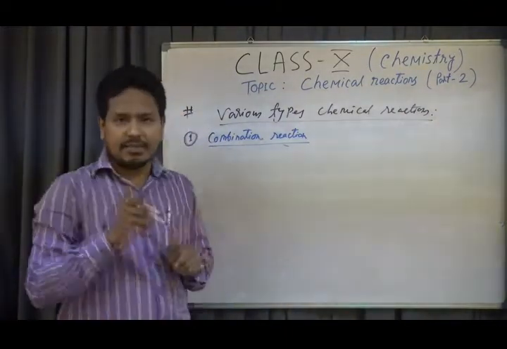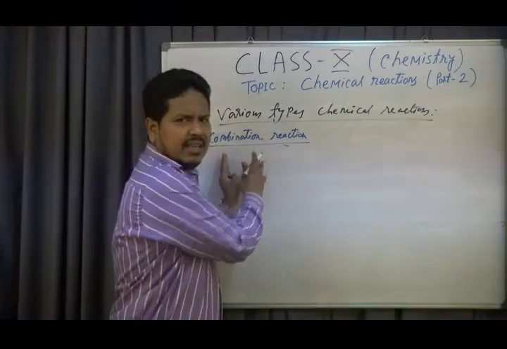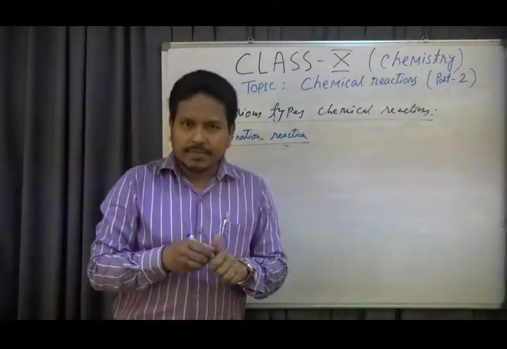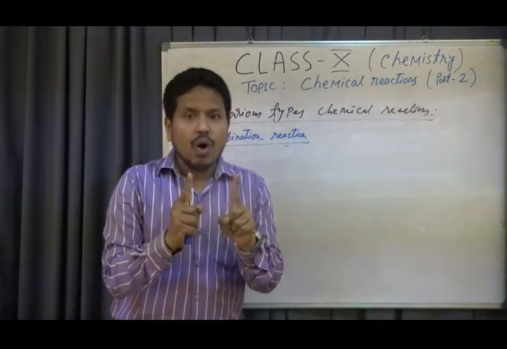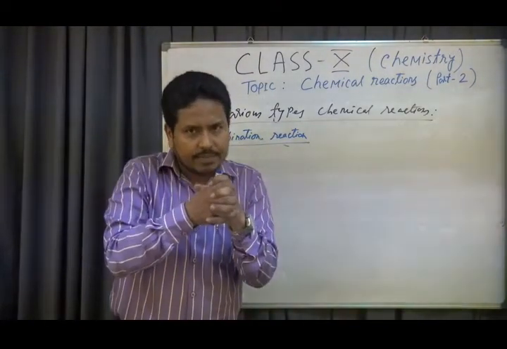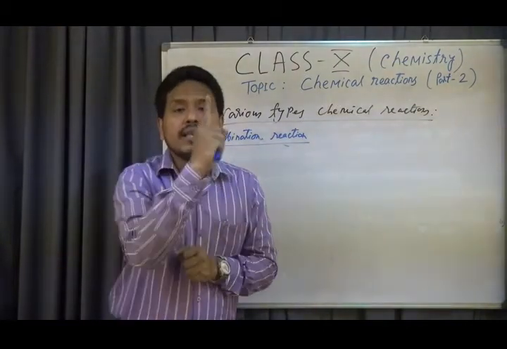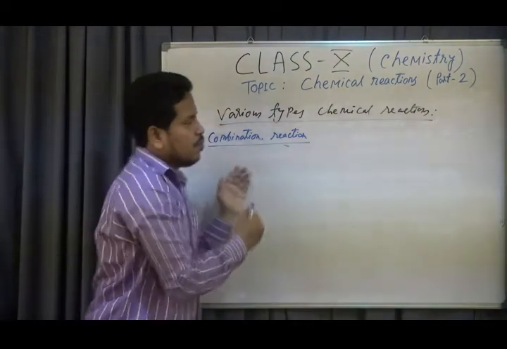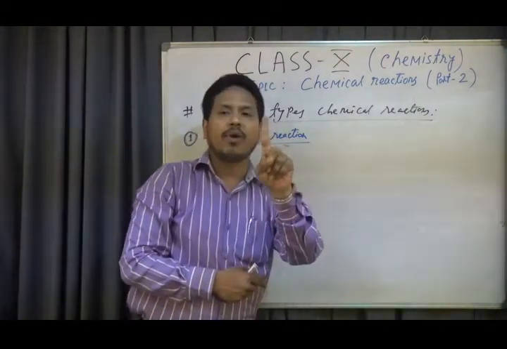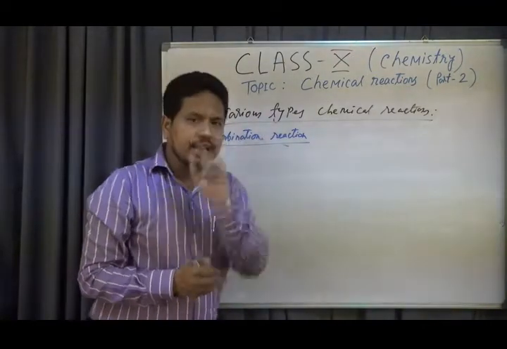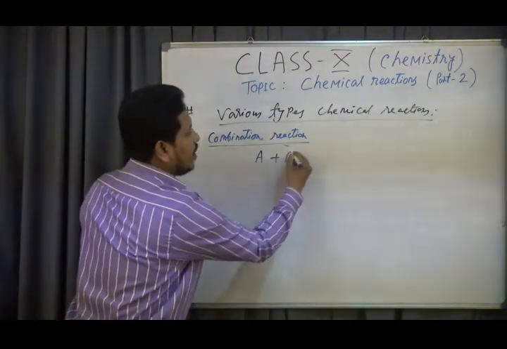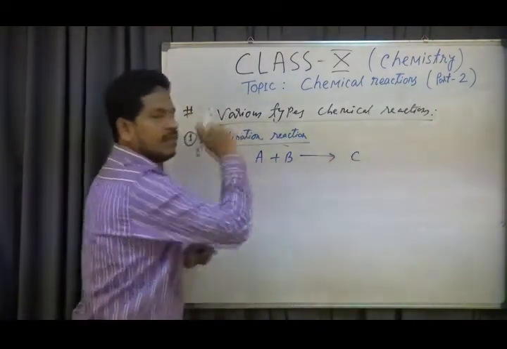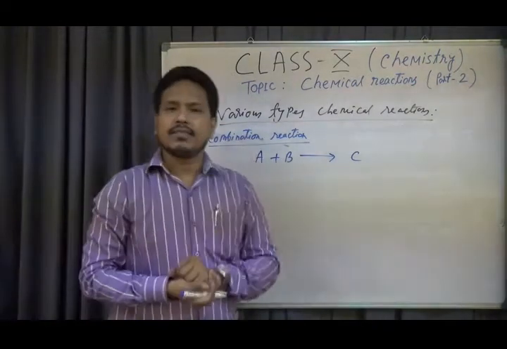What are combination reactions, my dear students? I am not writing the definition here; you can follow your book. I will just explain. A combination reaction means that when 2 or more reactants react together to produce a single product. Combination means combined to produce a single product, so on the right side there is only a single product. Generally we can write A plus B, or more reactants, producing a single product. That type of reaction is a combination reaction, my dear students.